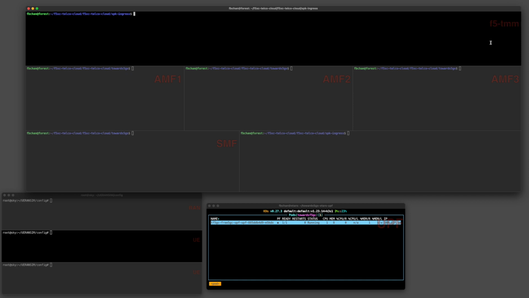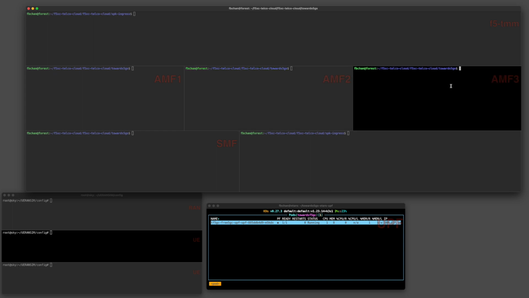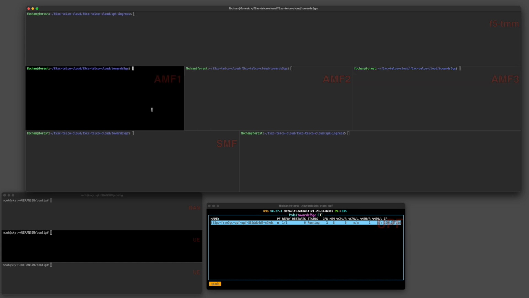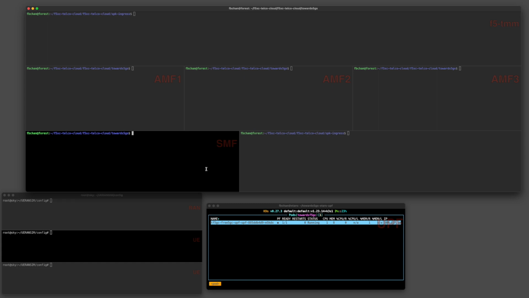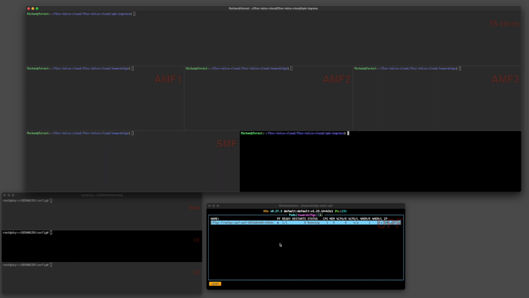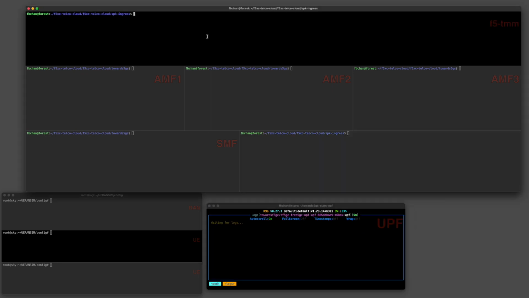Later on, I'm going to show you the logs. And then I have AMF1, AMF2, and AMF3. Because I have multiple AMFs here, I pre-logged into 3 sessions so that I can see the logs. And I have an SMF as well as just a blank screen here. I also have this, where the open source Kubernetes is, around the UPF. If I press L to see, currently it is waiting for logs. So what I'm going to do is constantly monitor